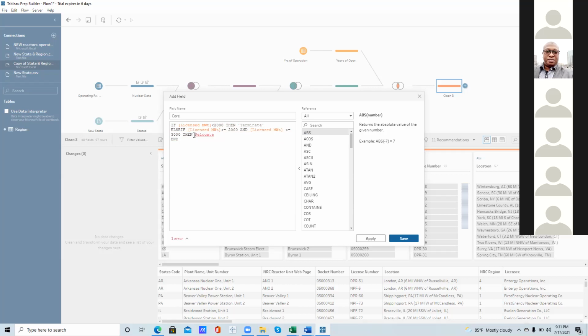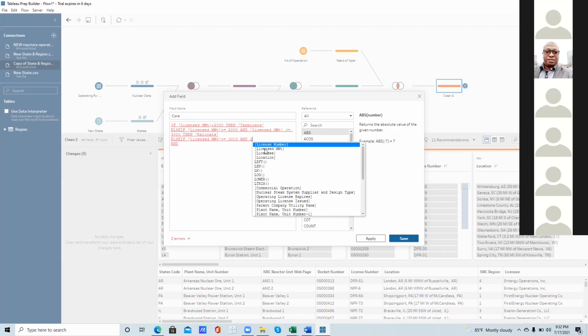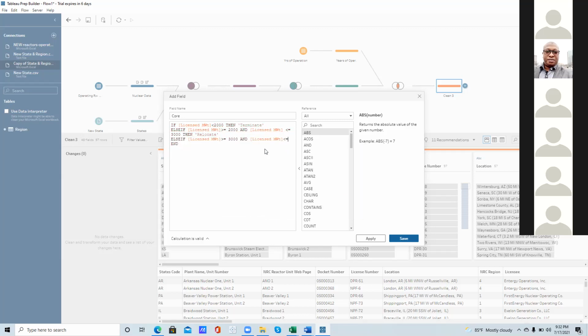Then relocate, in quotes. Okay, so else if license megawatt is greater than or equal to 3,000 and license megawatt is less than or equal to 4,000, then exception.